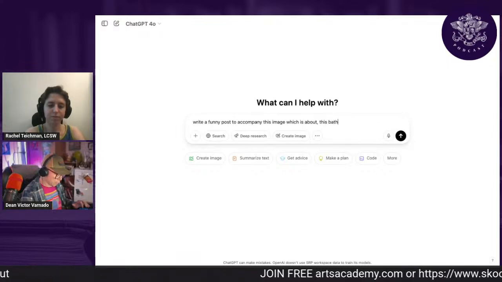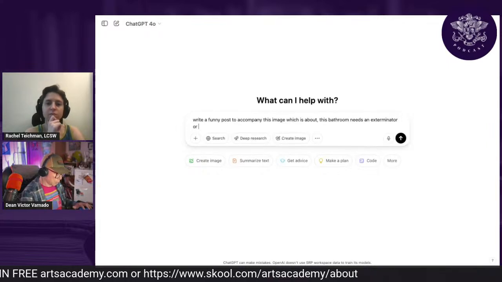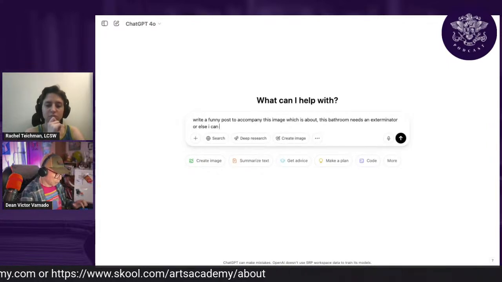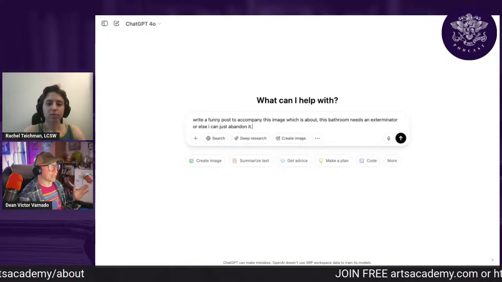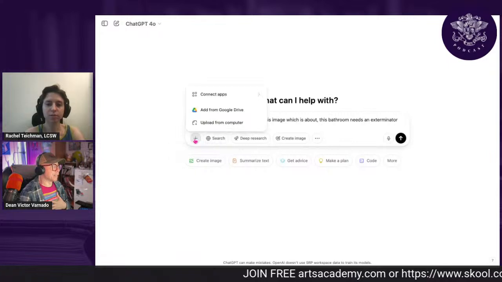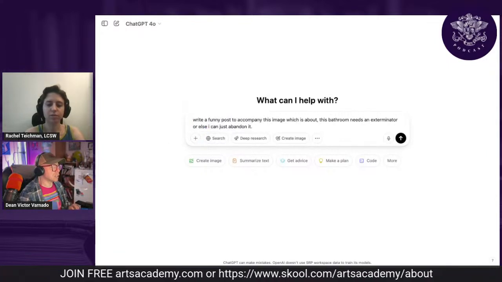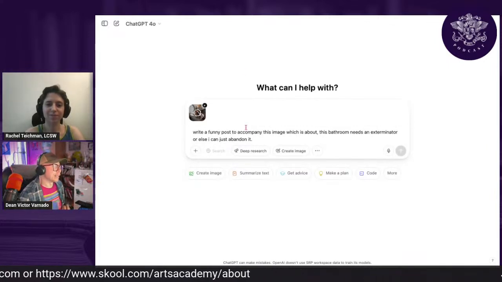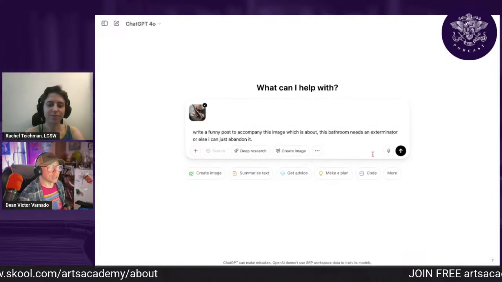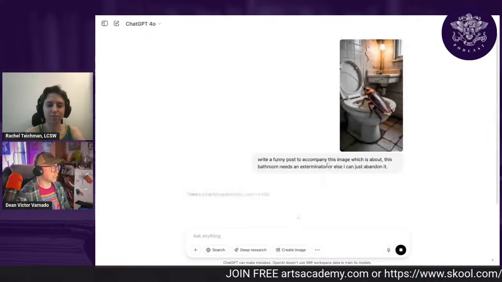This bathroom needs an exterminator, or else I can just abandon it. That's my basic idea. I'll take my basic idea and upload this image so you can see. Yeah, gross. Then I'll tell it to write a post. So let's see how it does. It's got the image.